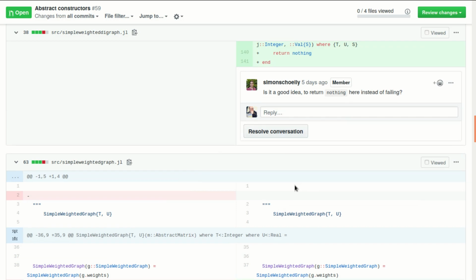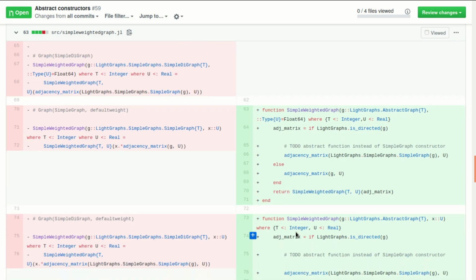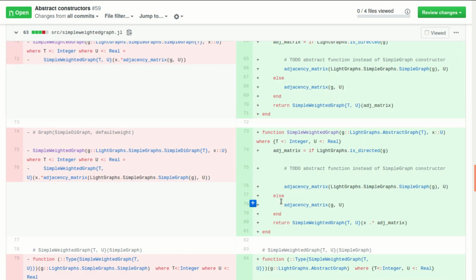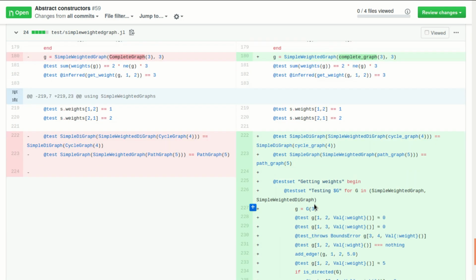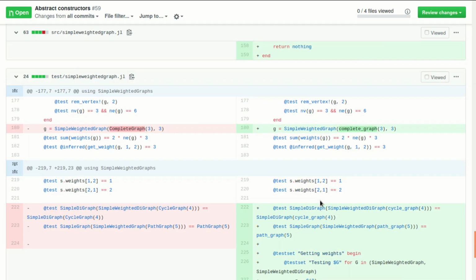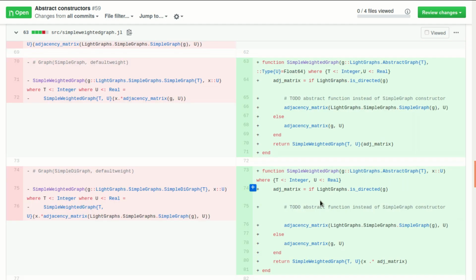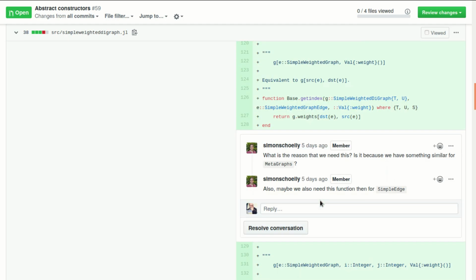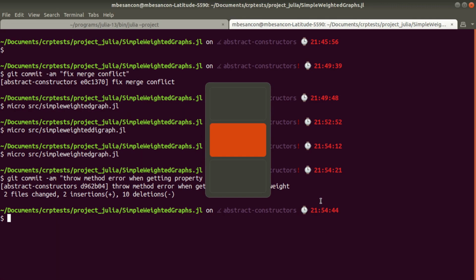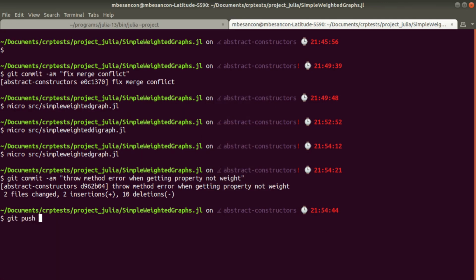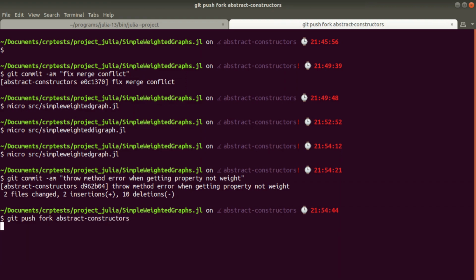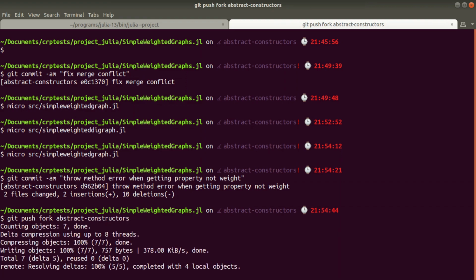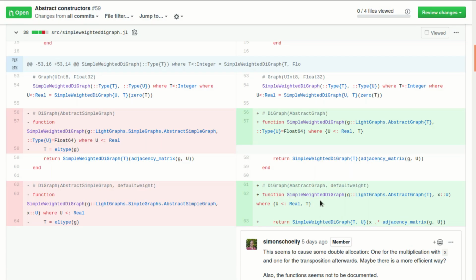So this one we'll resolve later. Other than that, I think most of it is fine. We need maybe more tests. Yeah, well, first I guess we'll push everything. Fork abstract. Yes. So now that this is done,